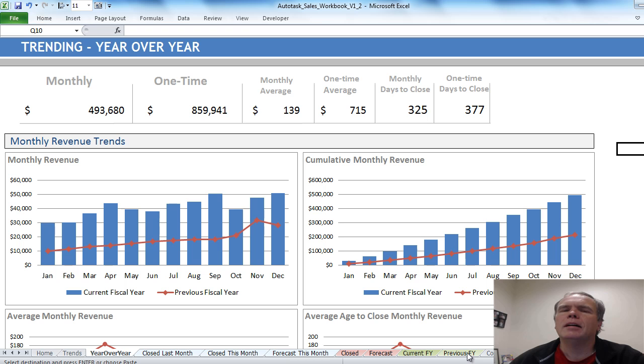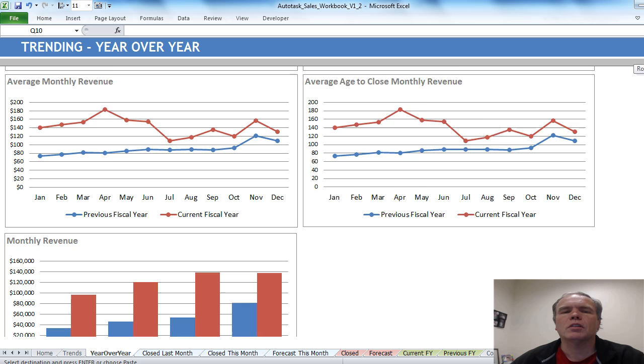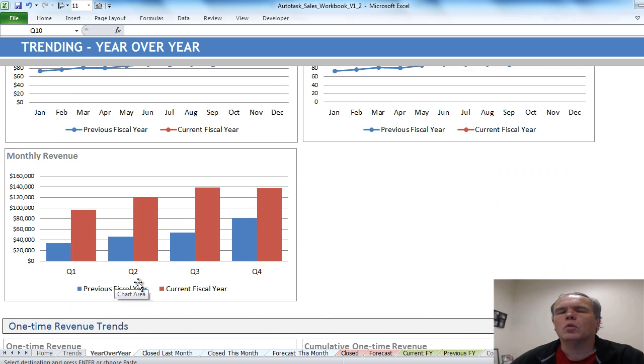One of the things to note is that this all comes from the previous fiscal year tab. If you were not using Autotask at the time, where there were calculations performed, you can manually enter those if you wish to, and then compare against what you had already calculated as your monthly targets. Again, we're seeing comparisons of average close time, giving a quarterly to quarterly comparison,